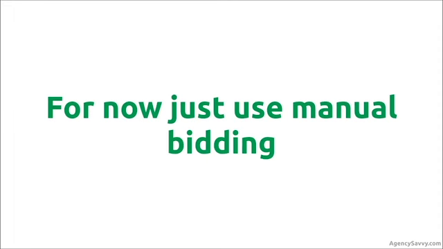So the first one of our 4 is bidding. This is really part of the game inside of AdWords, the fact that you can bid differently for every single keyword in your account if you want to. Again, I'm going to suggest that at the beginning, just use manual bidding. You don't need any of Google's fancy automation. Also better for you to understand how things work and to understand exactly what you can and can't do, and